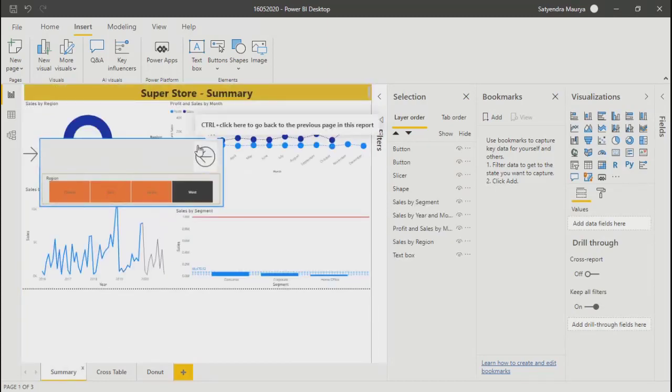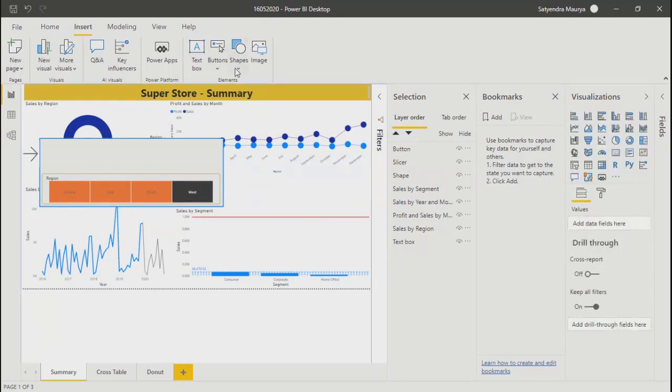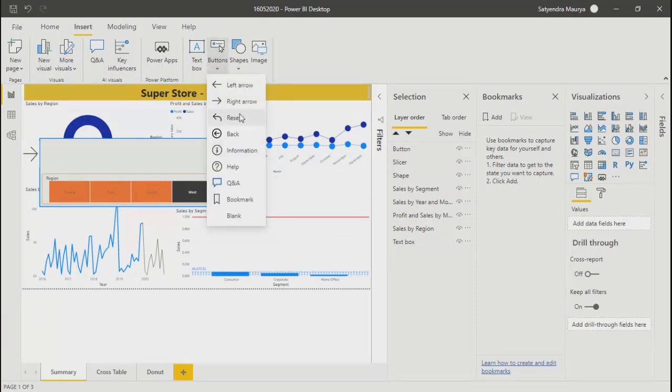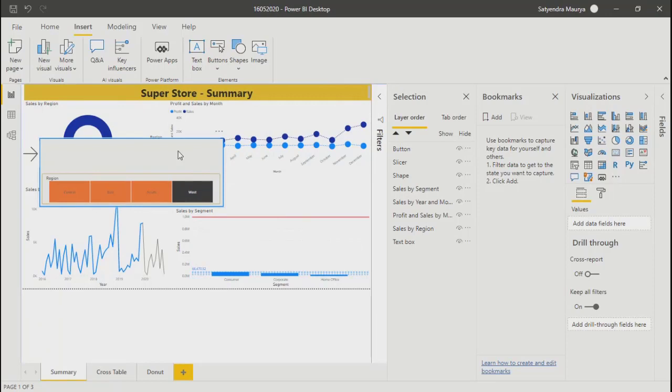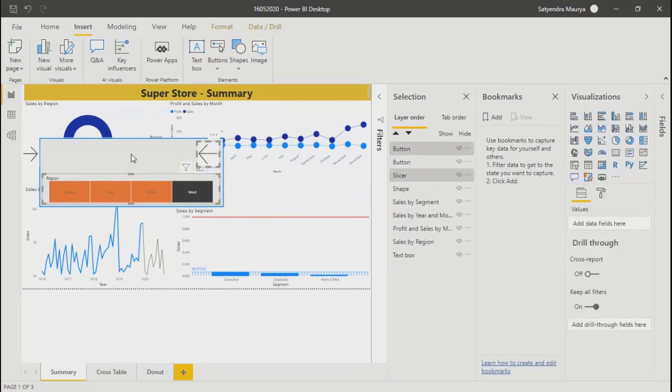You getting? This back button already has some action. I'll take this left arrow key. I'll select that, my slicer, and then the box. Now you can see the group is enabled.